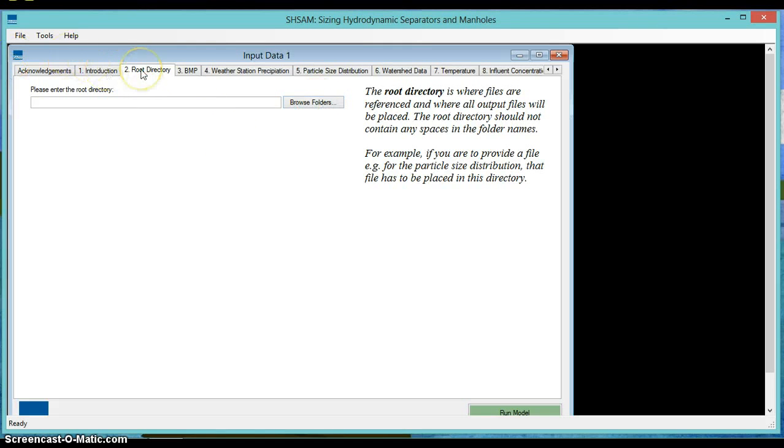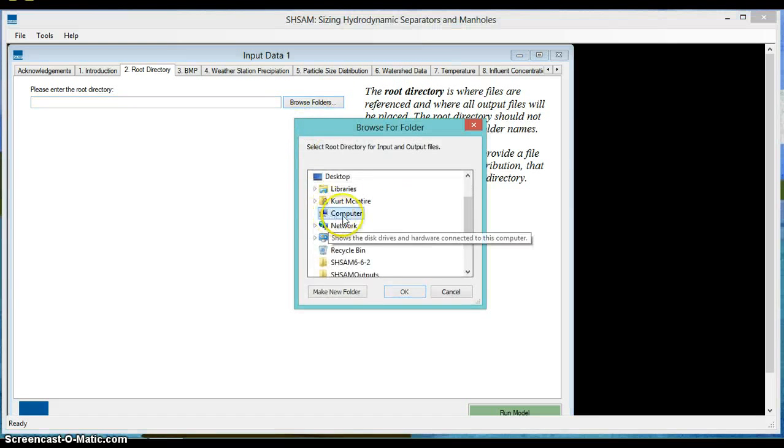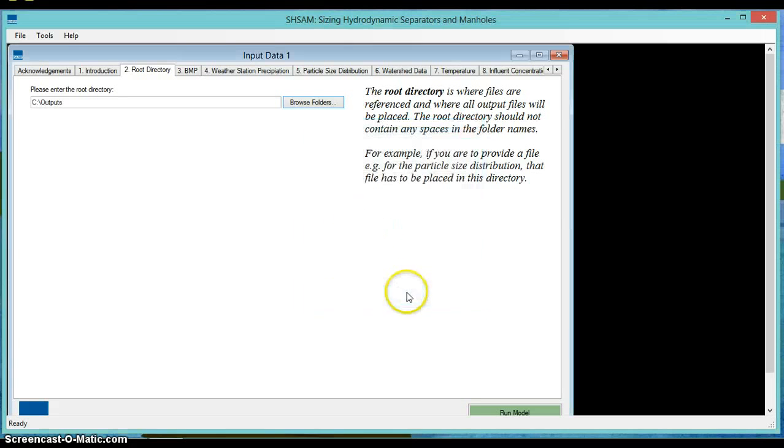Okay, so this is the first tab. Number 2 is the first tab where you actually have to enter in some sort of information. And on this tab, this is where you set the root directory, and that's where all files are referenced and where all output files will be placed. This is a really important sentence here. The root directory should not contain any spaces in the folder names. So for example, I like creating a folder on my C drive, so within computer, C, and I call it outputs. So you can see that this is my root directory,